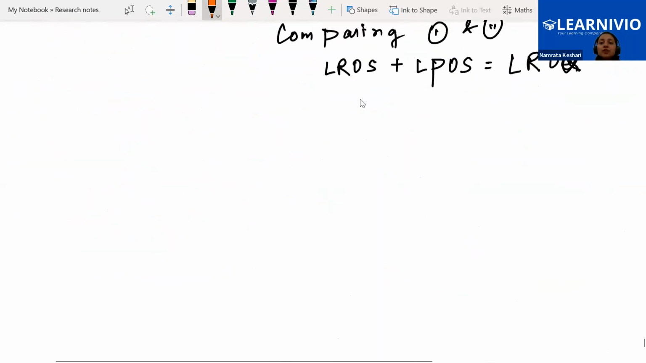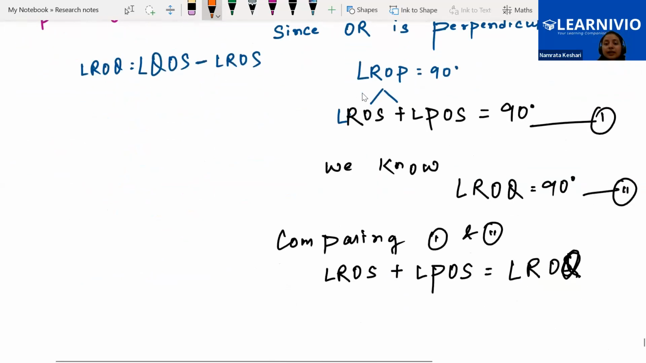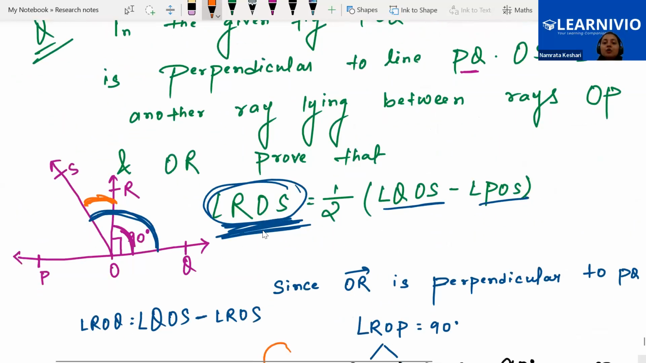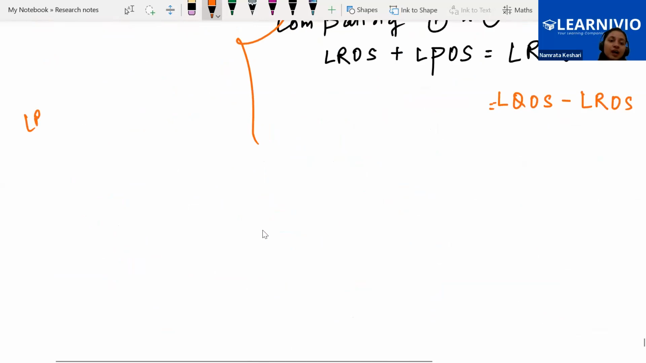So we will be writing it over here. That ROQ means angle QOS minus ROS. Why are we doing so? Because in the proof part, something like this was reflecting. Angle ROS is equal to 1 by 2 into something. If you shift this 1 by 2 to the other side by crisscross multiplication, you will find